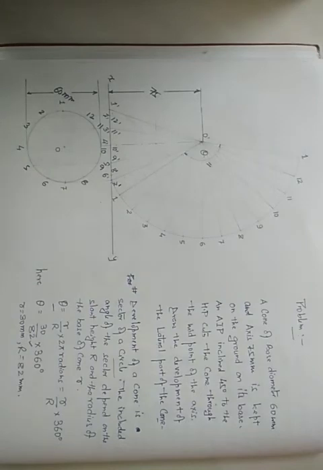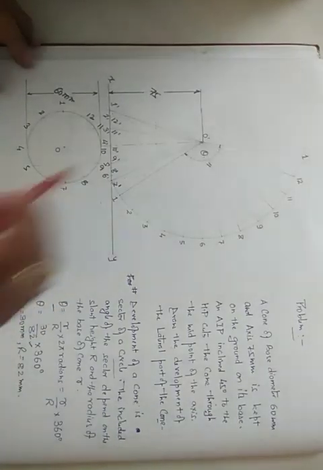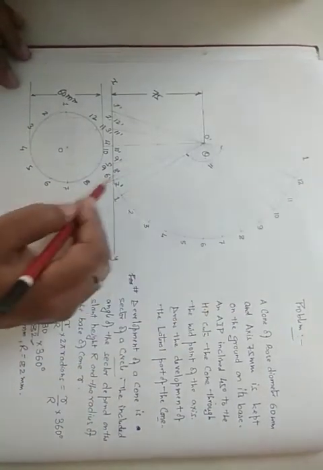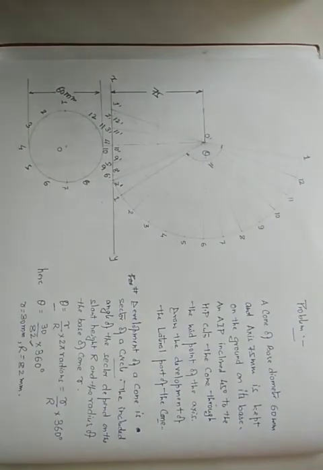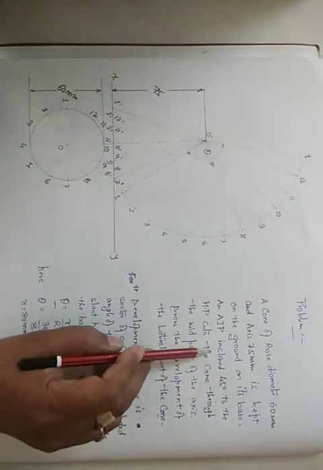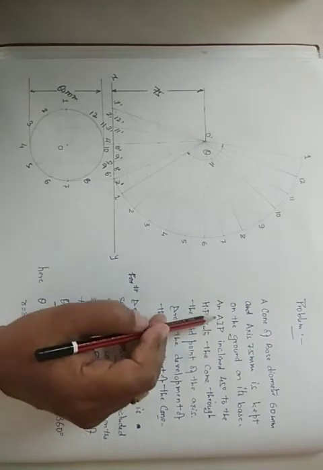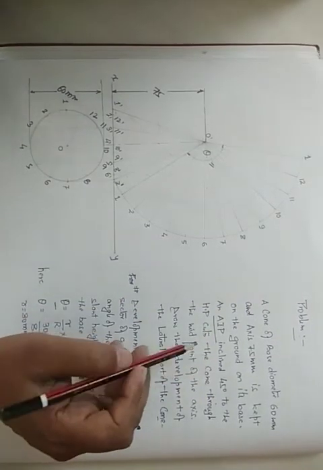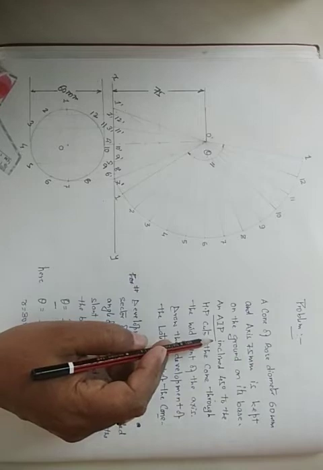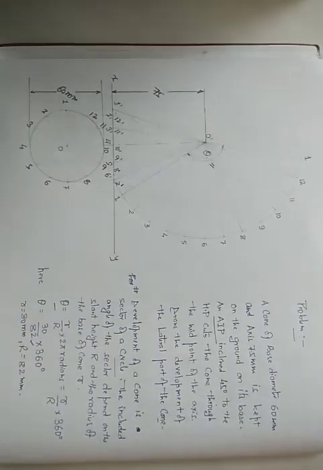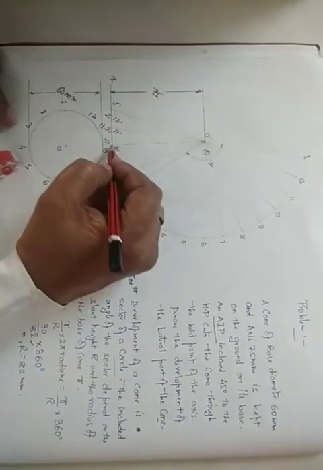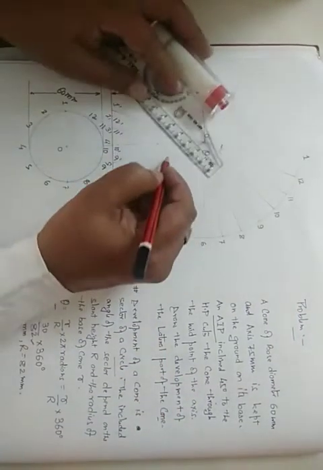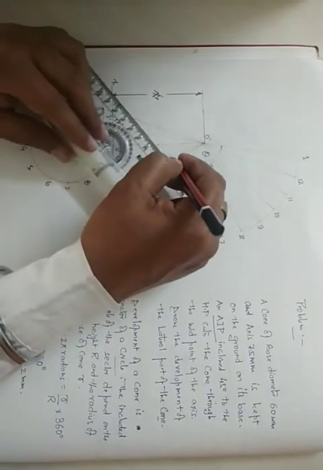Now for the development, as you see, this is the complete development of the complete cone. When the cone will be complete, now this solid will be cut by a section plane AIP. Again you know that AIP will be a plane which is perpendicular to VP and inclined to HP. So we are going to cut it in the front view. So front view will be cut, and again bisecting the axis. So go upside on the axis at the midpoint of the axis and cut it like this by 45 degree.